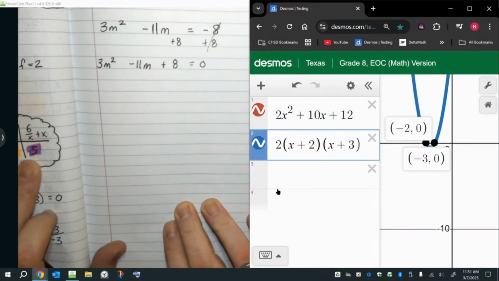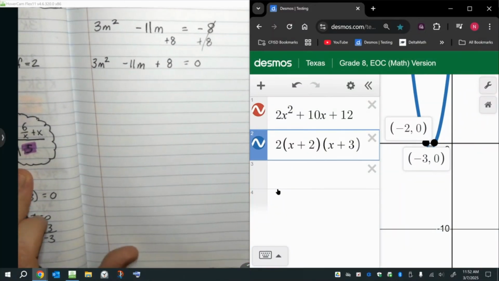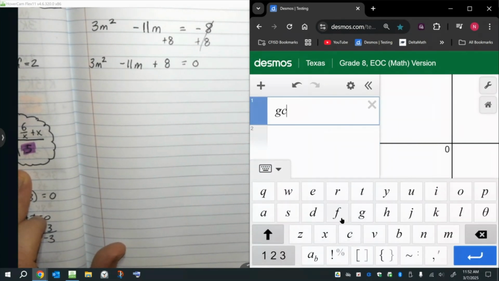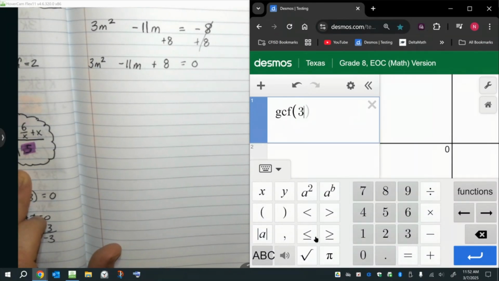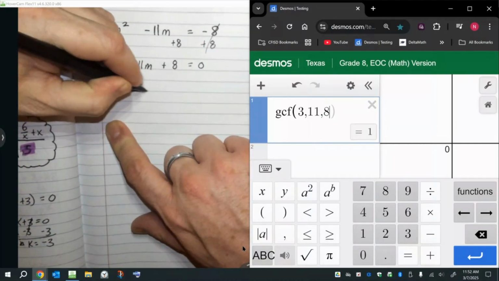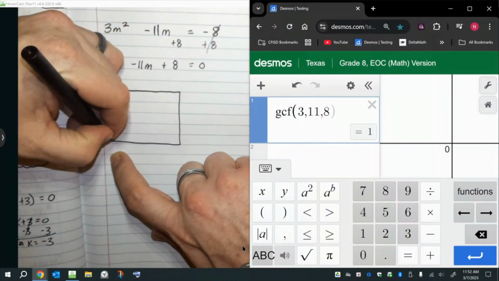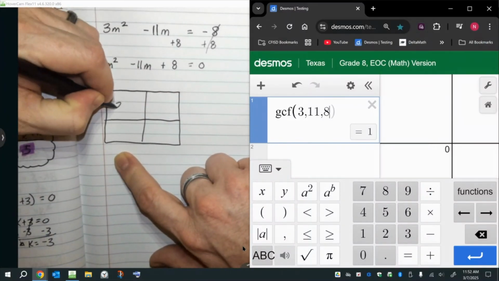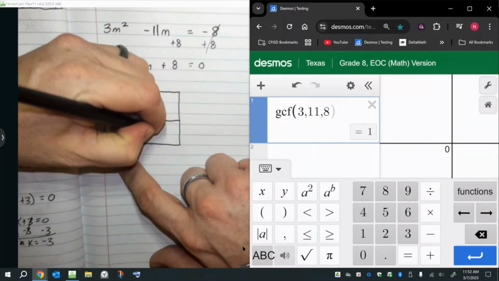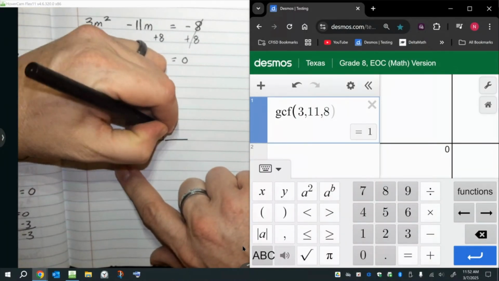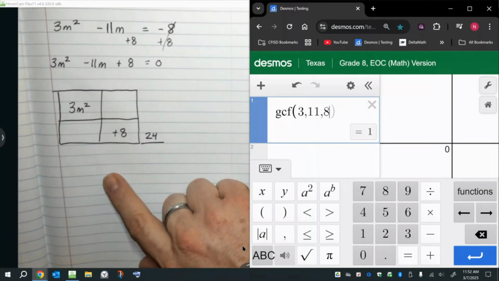All right, so we're going to check for GCF: 3, 11, 8. Are they all divisible by 2? Are they all divisible by 3? Are they all divisible by anything other than 1? No. So nothing happens there. So let's go straight to our box. And so we have 3m squared in this box, positive 8 in that box. 3 times 8, 24. And so now I'm thinking,